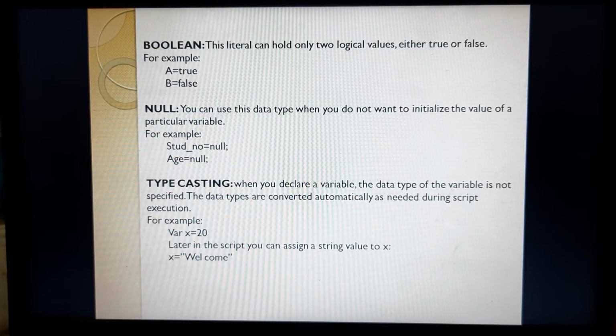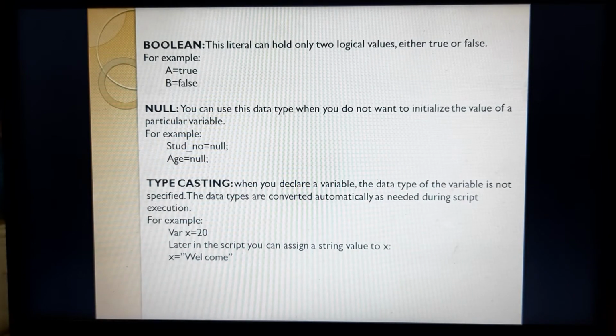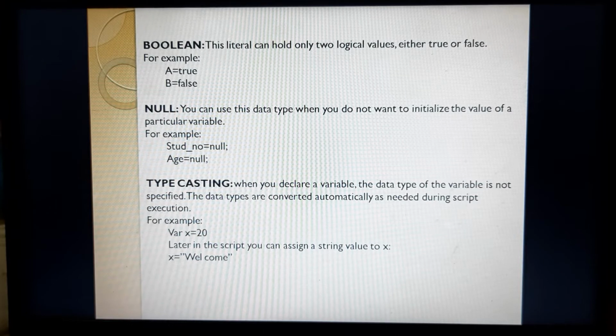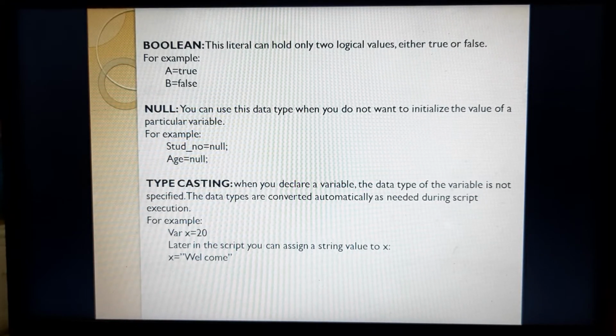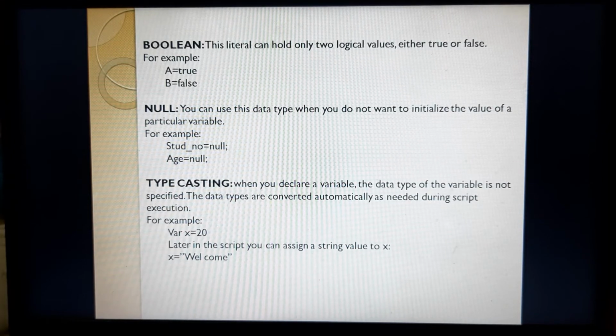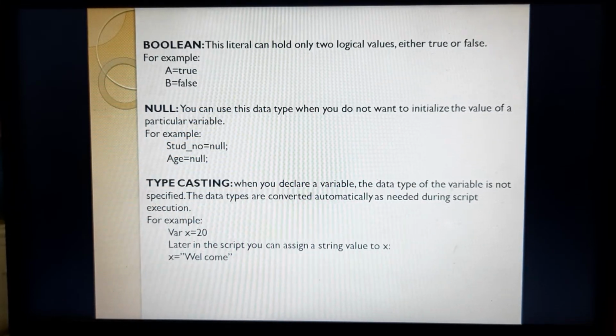When it executes the x equals to opening double quotation welcome closing double quotation statement, automatically the 20 value gets truncated from the x variable. I'm repeating, the previous x value is truncated, meaning deleted, and the welcome string will be stored into the x variable.